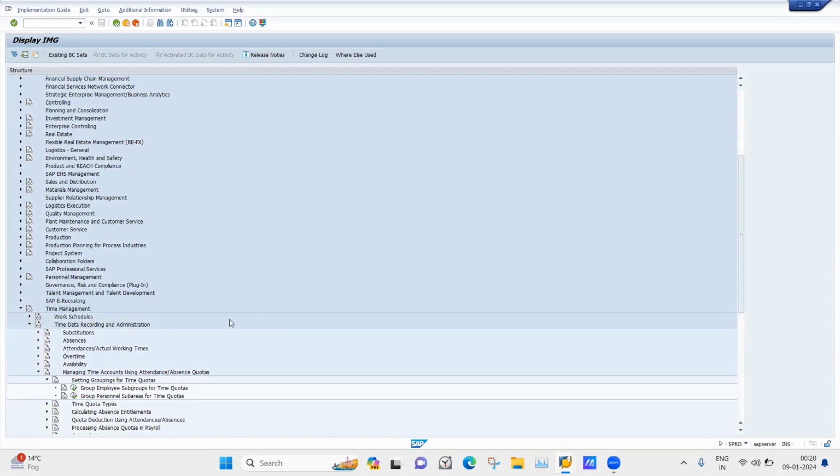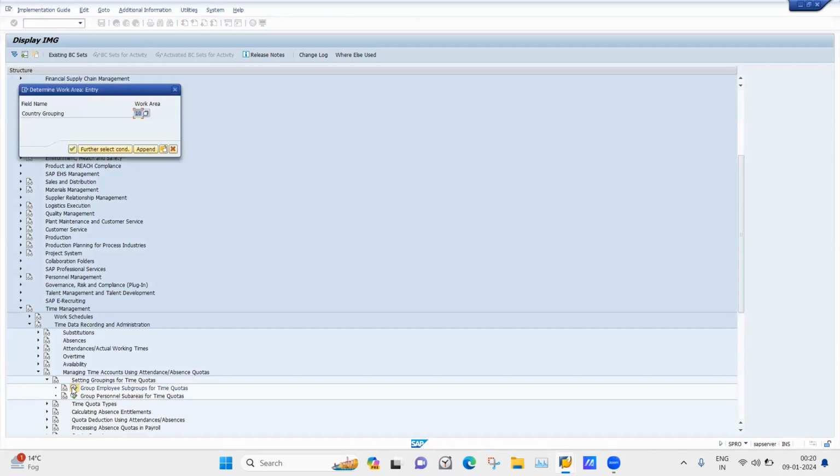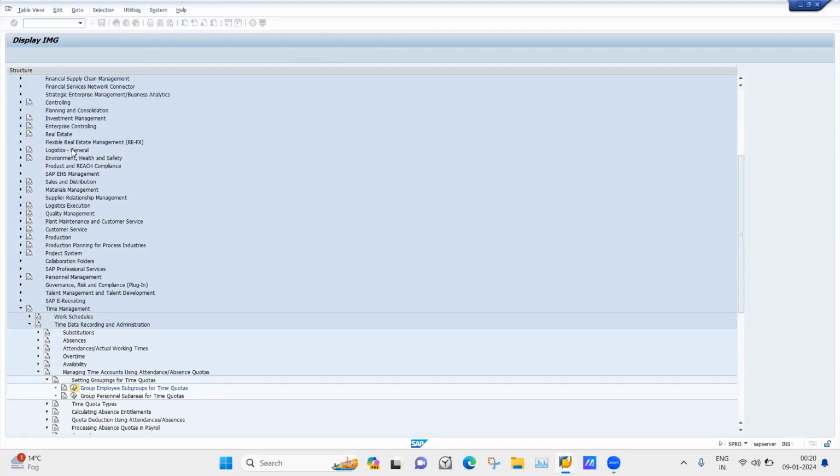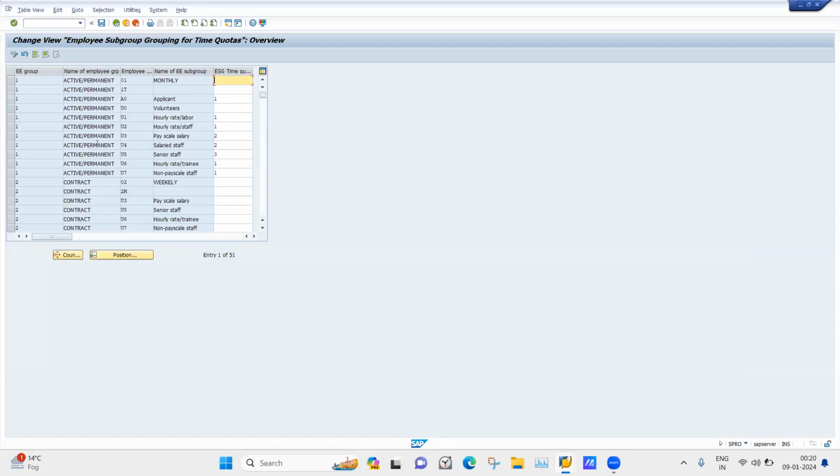So basically, we have grouped our absence based on the personal sub area grouping. Now we'll be grouping our absence quota based on the employee subgroup and the person sub area. So we will open this group employee subgrouping. Country grouping, we are making the settings as per the US, and